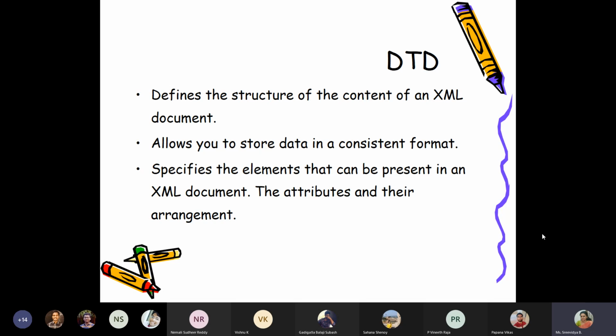Now, why am I talking about that? Because if in the question a sentence says this is a bill and it should have a bill number, I can make bill a tag and bill number an attribute. One way to look at it.